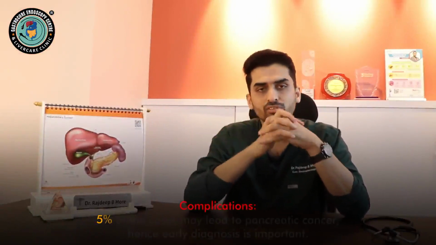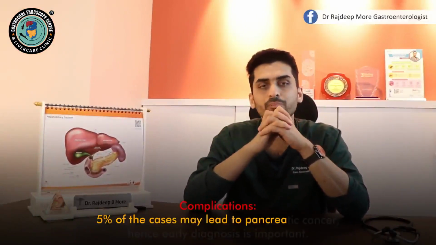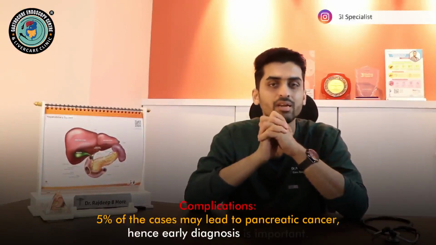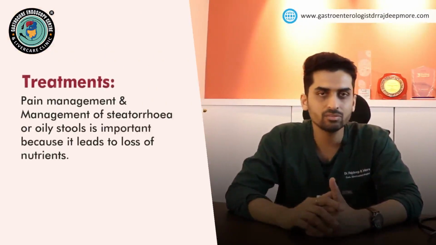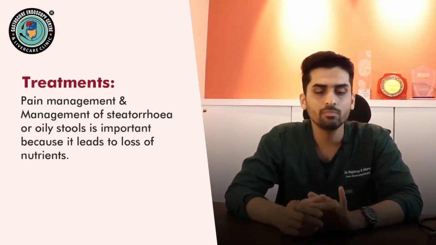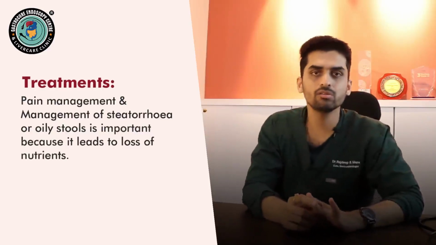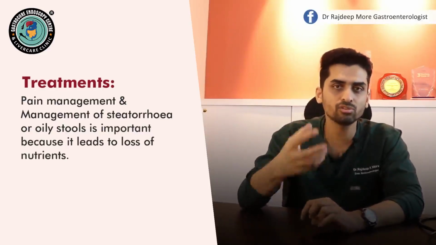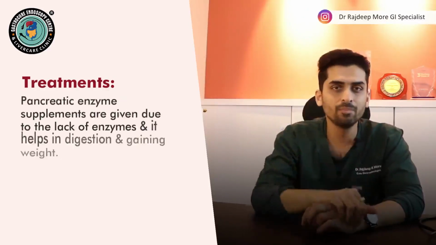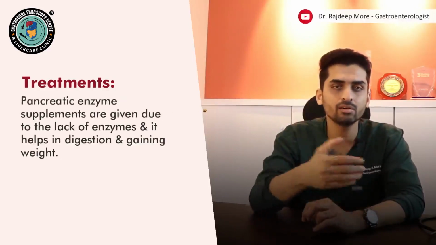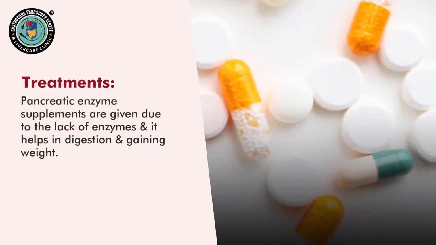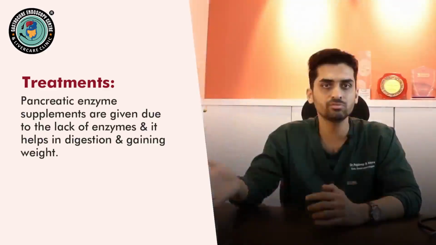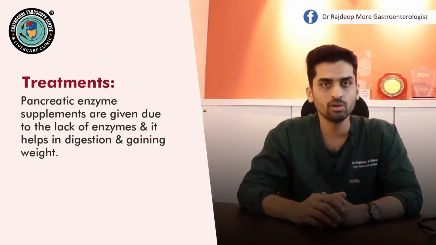So now what are the complications of chronic pancreatitis? So chronic pancreatitis over a period of time in about 5% of the cases may lead to pancreatic cancer. Hence it is very important to diagnose it early. How do you go ahead with treating chronic pancreatitis? So management of pain is very important. Management of steatorrhea or oily stools is very important because that leads to a loss of your nutrients. So pancreatic supplements are available today. These are the mainstay of treatment or medical line of management, where we give pancreatic enzyme supplements which do the work of the lack of enzymes which are there in chronic pancreatitis and help to digest the food